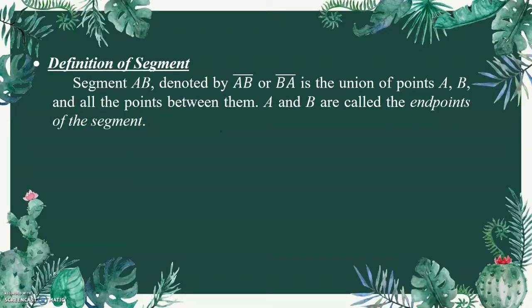Now let's start with the definition of a segment. Segment AB, denoted by segment AB or segment BA, is the union of points A and B and all the points between them. A and B are called the endpoints of the segment. So for example,